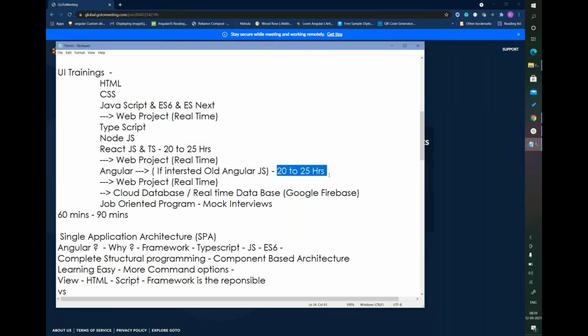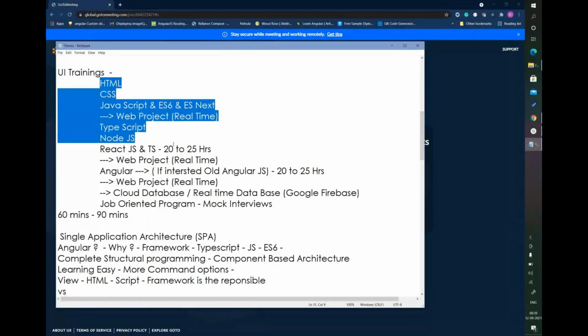All the other basic stuff we'll cover in 20 to 25 sessions. All these three will be around 20 sessions each. Twenty sessions means 5 days a week for 4 weeks, which becomes a month.